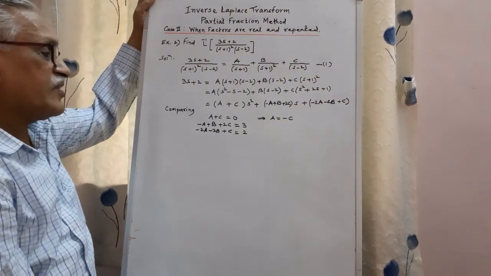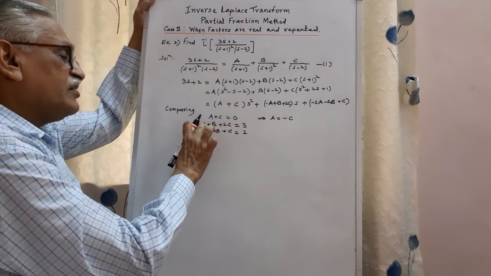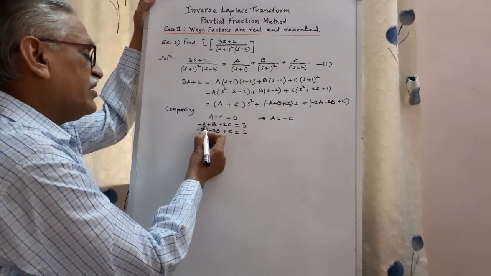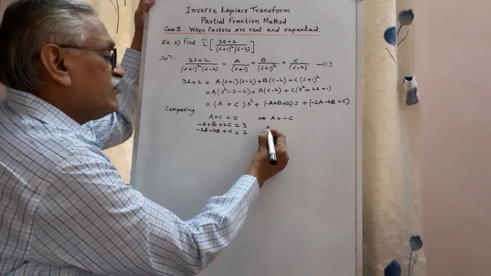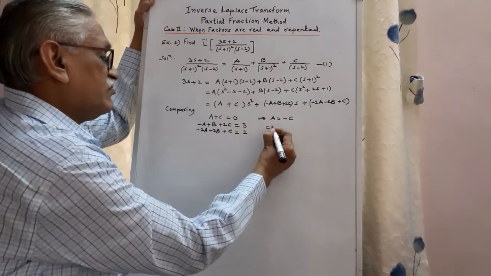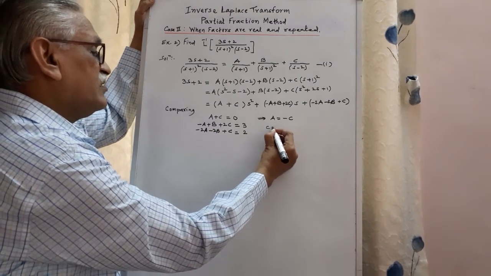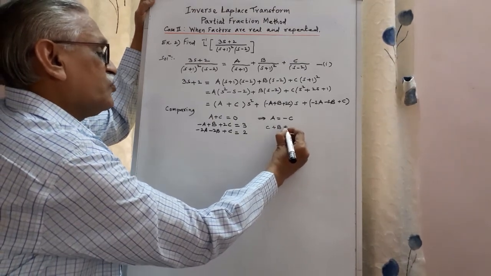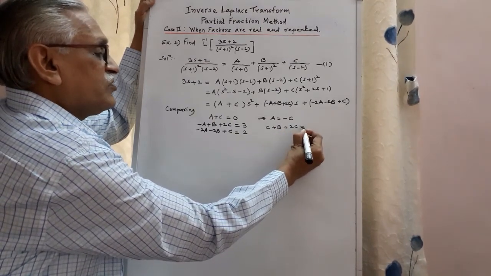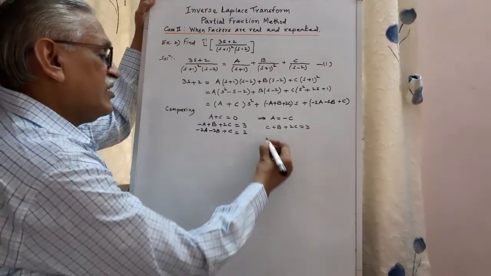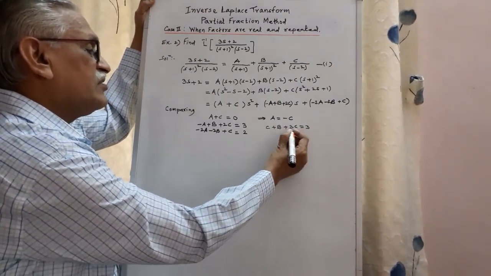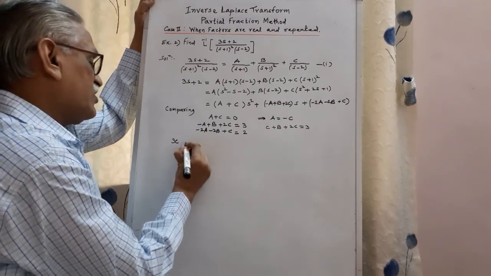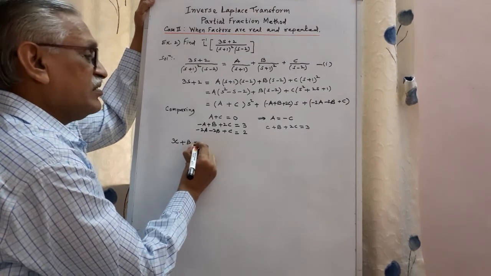minus c. If we put that value here in the second equation, it gives you a as minus c, that minus and this minus become plus c, then plus b plus 2c is equal to 3. This gives you c plus 2c, which is 3c, plus b is equal to 3,